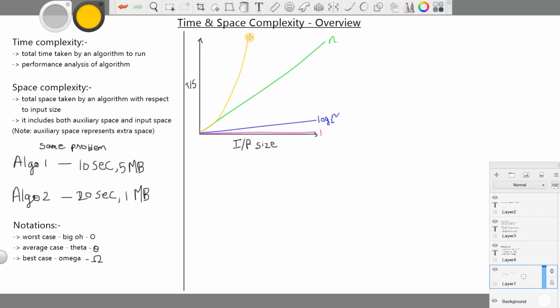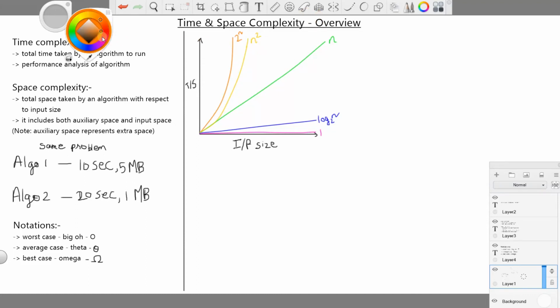So this is n square. This is 2 power n. So this is called exponential time. This is called quadratic time.